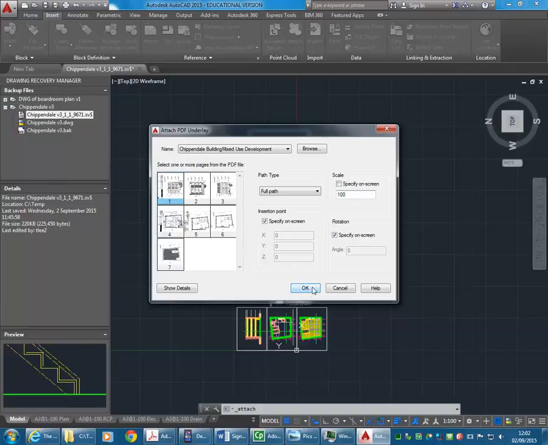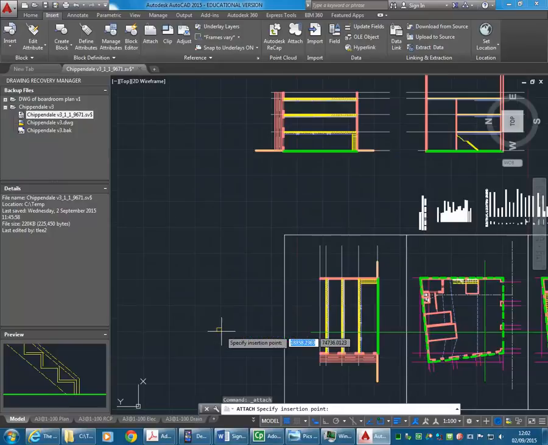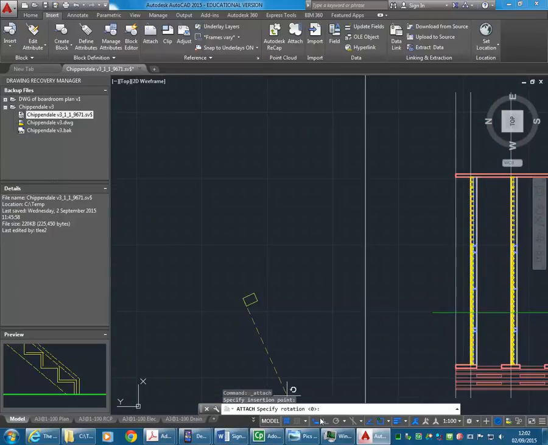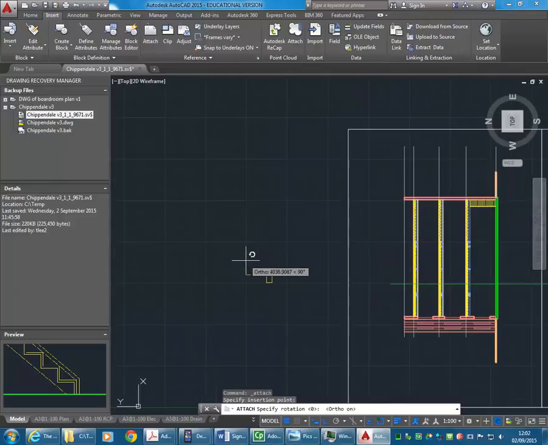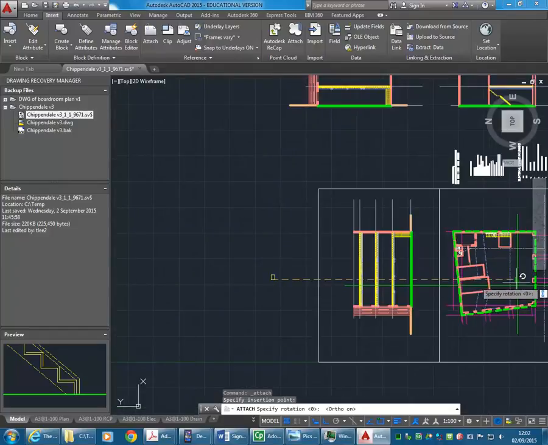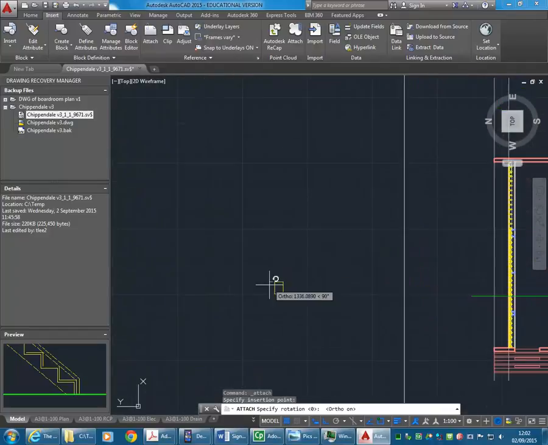So I'm going to click OK again, and this time, no, they haven't set that properly, but that's all right. So I'm just going to click to place it, and then with ortho on, I can set it to an exact angle. Now this one I want to the right, so it's oriented the same way as these drawings I did earlier,